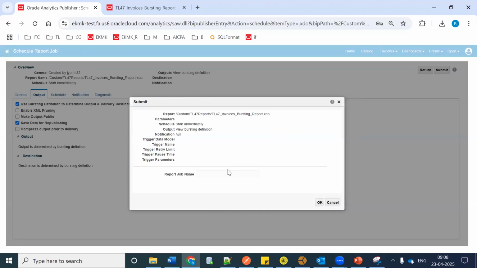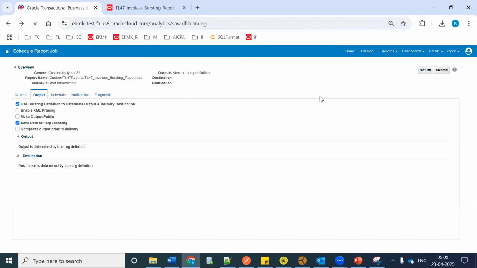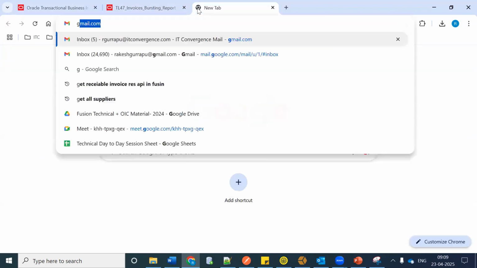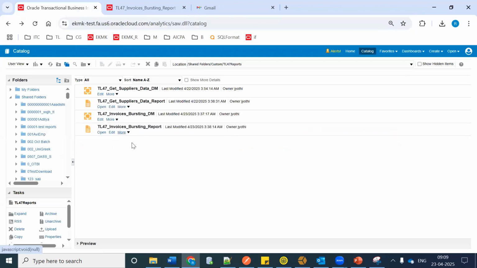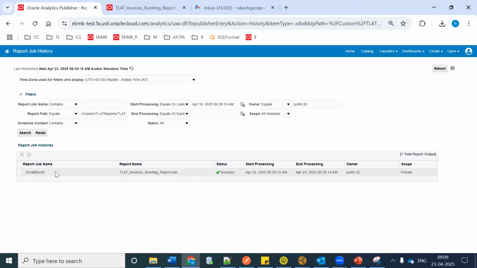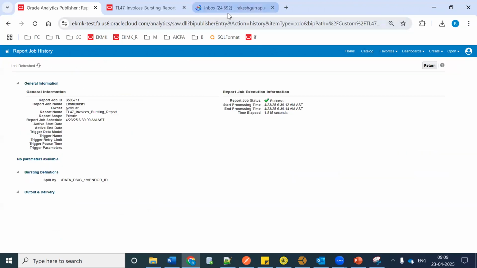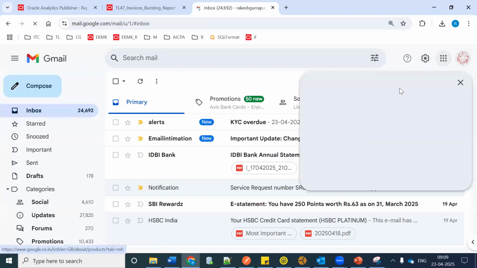Now try to submit. Something email burst. Click on OK. Return and verify the history screen. More history. It's a success. Open the burst. Meanwhile, I will try to open my